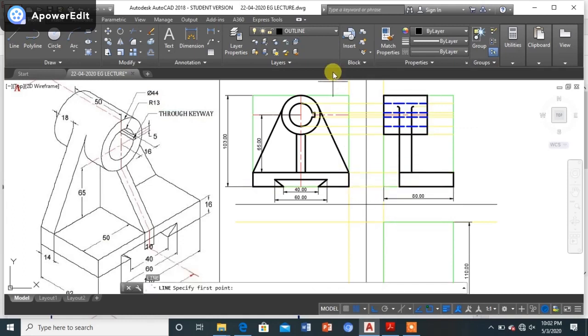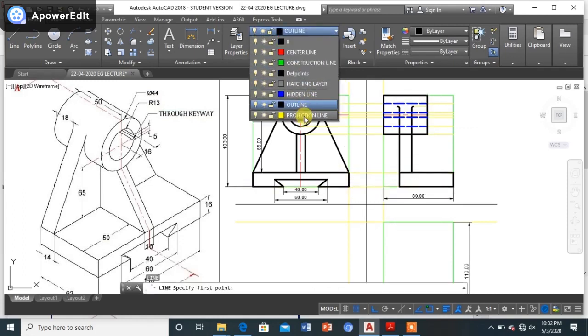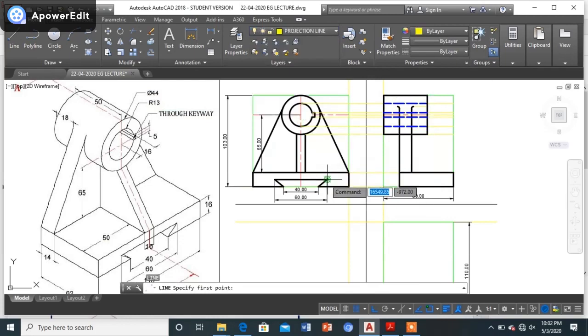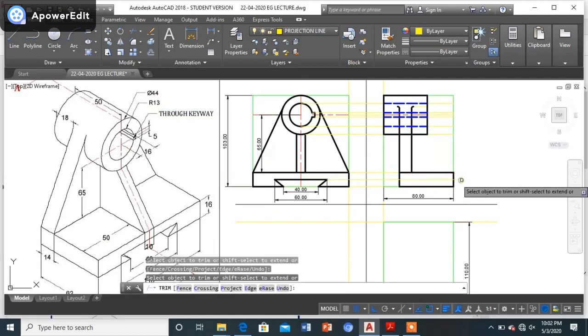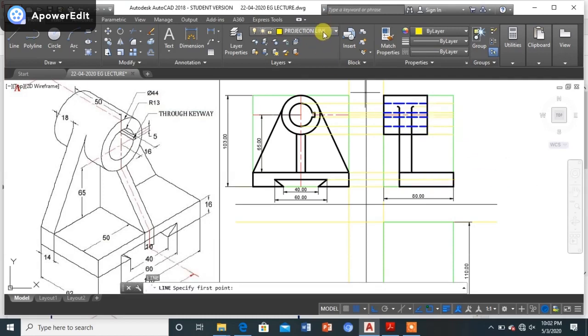Now I'll be looking only for the trapezoidal slot. Now that first of all I forgot, I just missed it out over here. So this will be the projection line over here. So this particular line will be trimmed out, and only this line I can draw as a hidden line over here. From this I can just draw this like this.